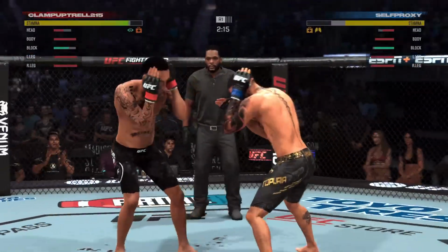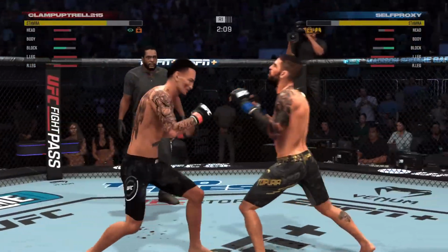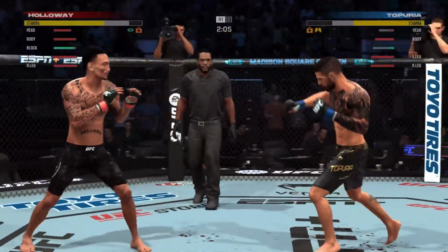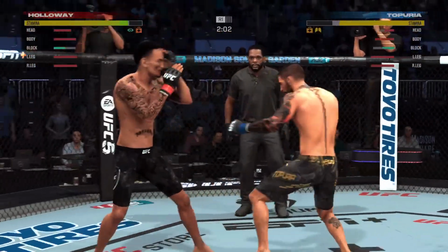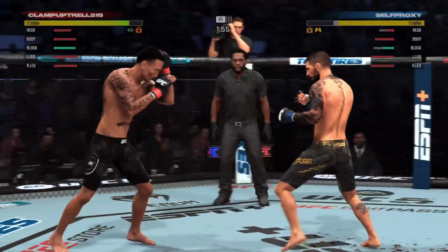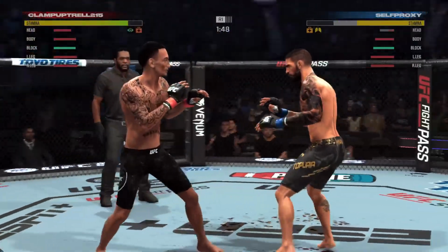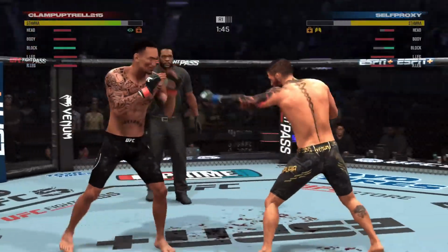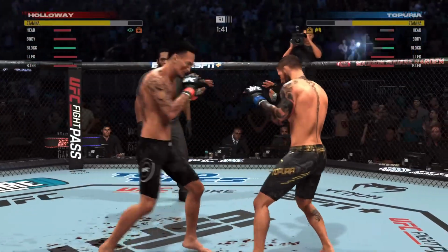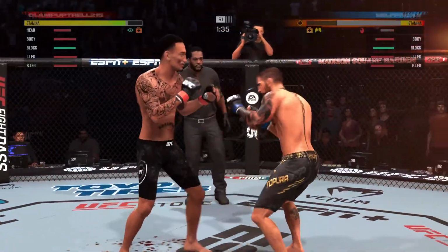Well, that eye area is getting bloodier with every passing strike. It's like a target, and he keeps going to it, and you see it's starting to get worse as the fight is going on. Topuria is bleeding from the mouth now, a cut there on his lip. That doesn't look like fun. Man, it's almost like he's got a rangefinder out there, just too easy as he connects with another good series of punches. If your boxing has got...